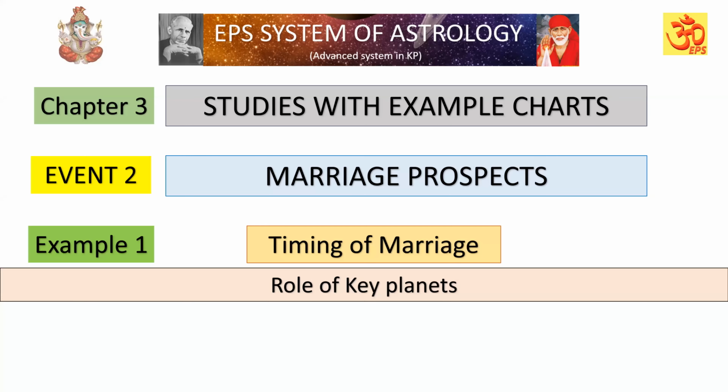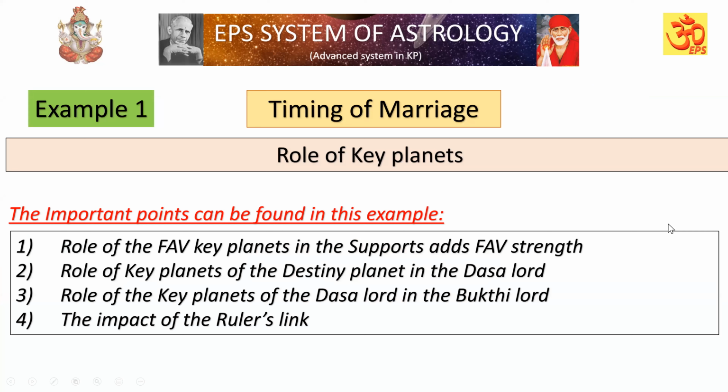Let us take example 1. Example 1, timing of marriage. In this chart, we are going to discuss the destiny and also the timing of marriage. The important key point we can find in this chart is the role of key planets. And the important points that can be found in this example: